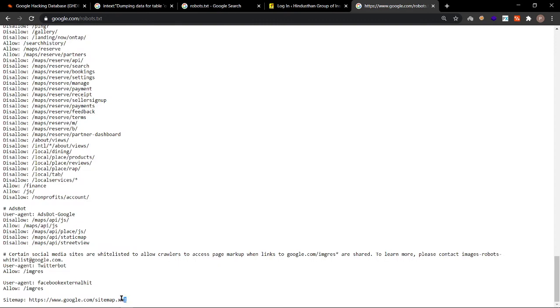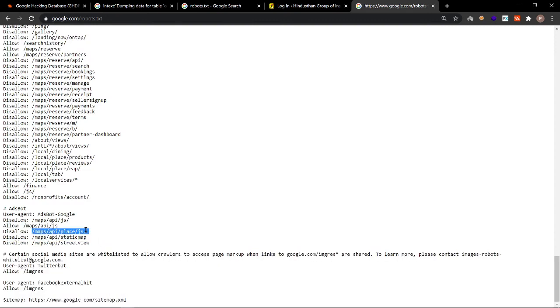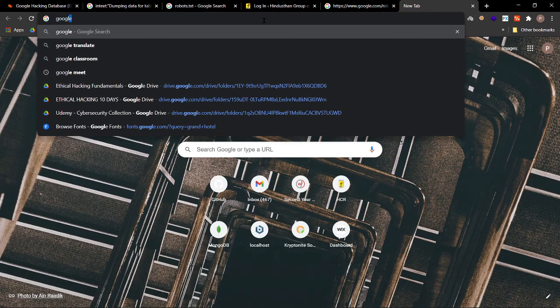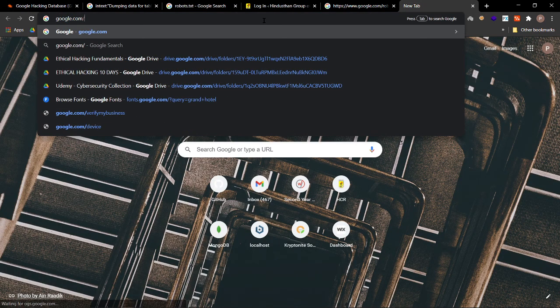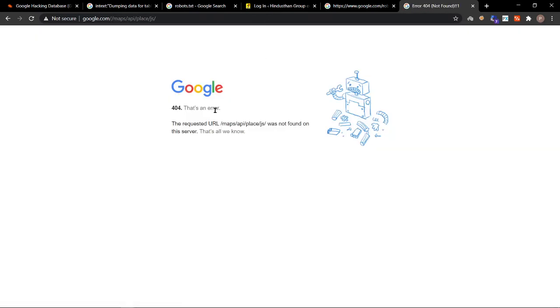So these contents you cannot find by googling, but you can directly copy these contents and paste it after google.com slash this. If they have not hidden it... yeah, they have hidden it.